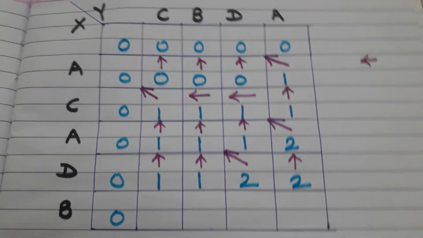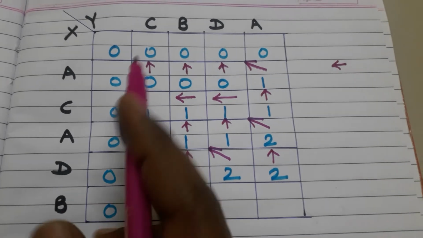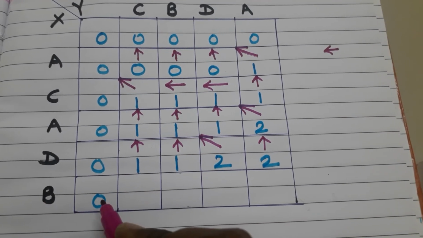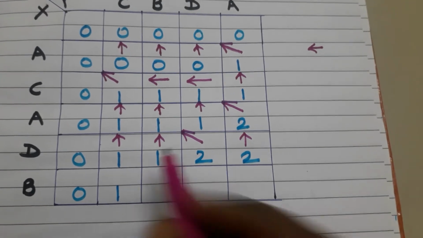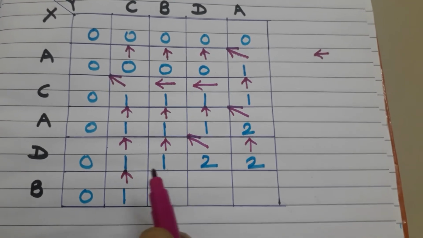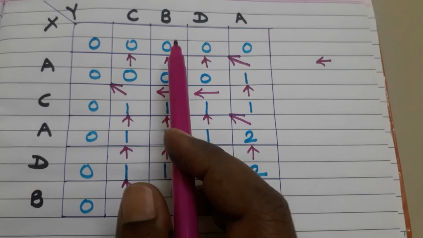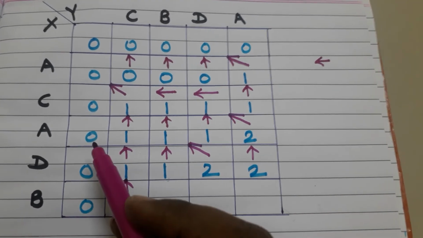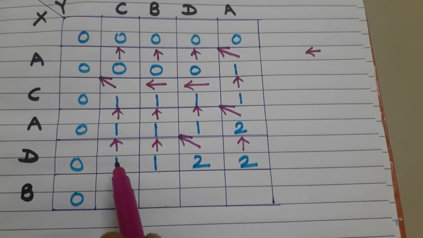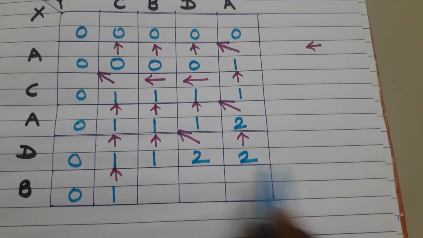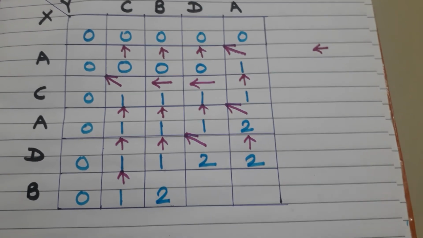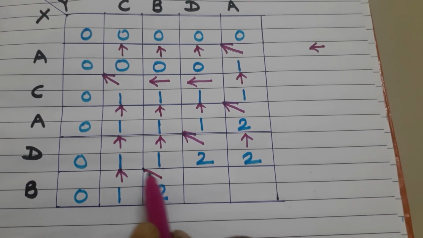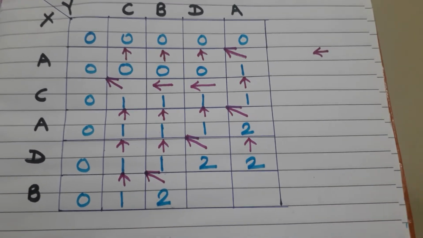So in this way we will write the last row. So B and C both values are different. Now we will compare this 0 and 1. From this the maximum value is 1. So therefore we will write 1. So this 1 comes from the previous row. Now here B and B is given, both are same. Then in that case we will add 1 to the diagonal element. So 1 plus 1 is 2. Now after writing the value we have to draw an arrow in this way.